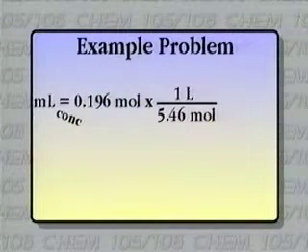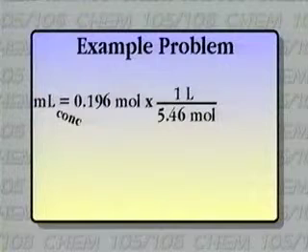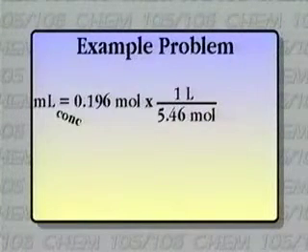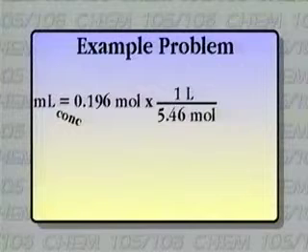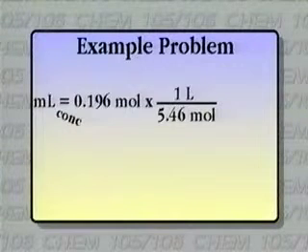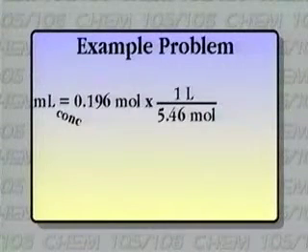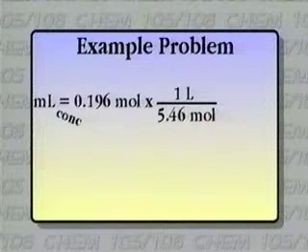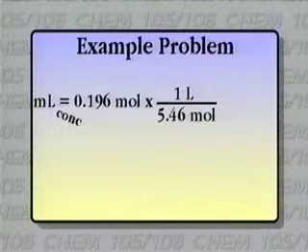Remember, any conversion factor can be used either way. If we say 1 mole per liter, we can say 1 liter per 1 mole. So in this particular case, we want the molarity not as moles over liters, but liters over moles, so this